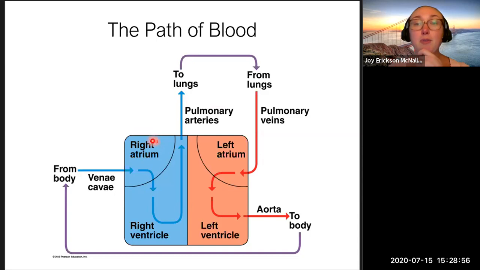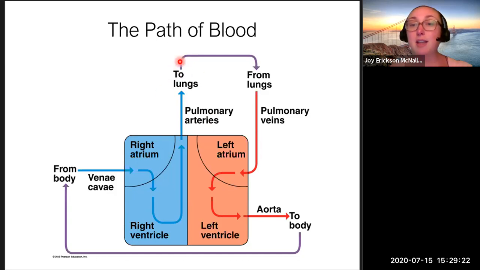All right, the right atrium has two veins that empty oxygen poor blood from the upper and lower body. Again, the superior vena cava and the inferior vena cava. The right ventricle, so it flows from the right atrium into the right ventricle. The right ventricle pumps the oxygen poor blood to the lungs via the two pulmonary arteries. That is, it goes to the left or it goes to the right lung.